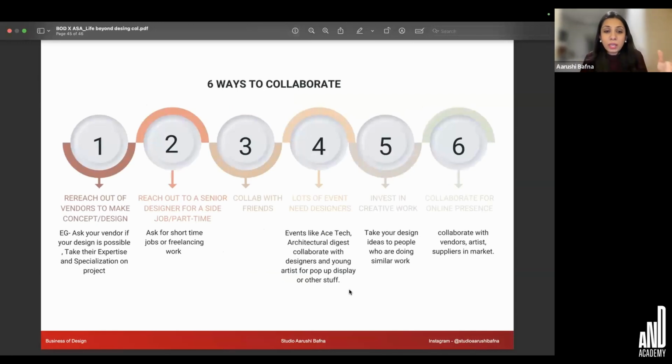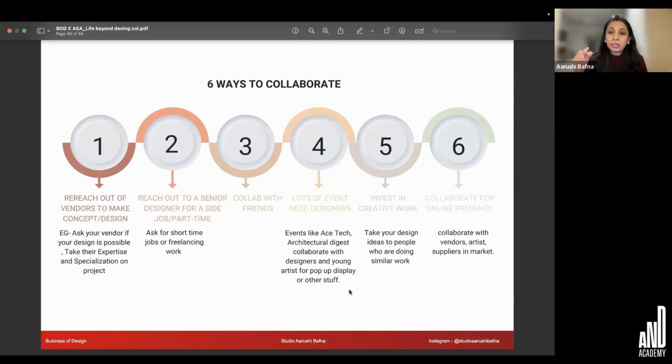There are also many ways to collaborate. For example, reaching out to vendors. Like I said, a lot of people generate their own leads or start their own collaborations by actually designing first and then reaching out to vendors later to see their design come to life. Okay. You can, of course, reach out to any of your seniors, any of the senior designers, or your friends for collaboration. Again, you meet a lot of designers in events. I have collaborated with many people I have met in the events in the past.